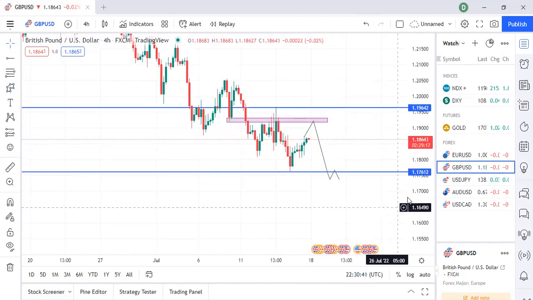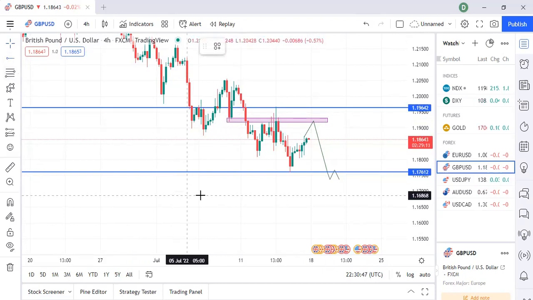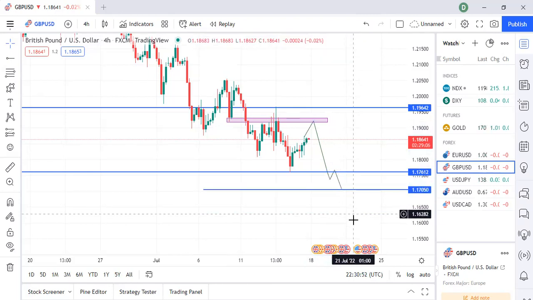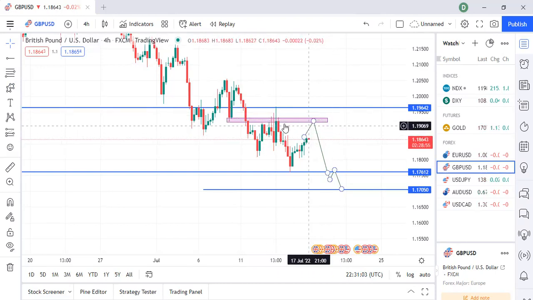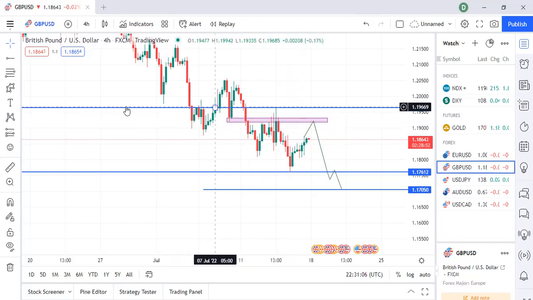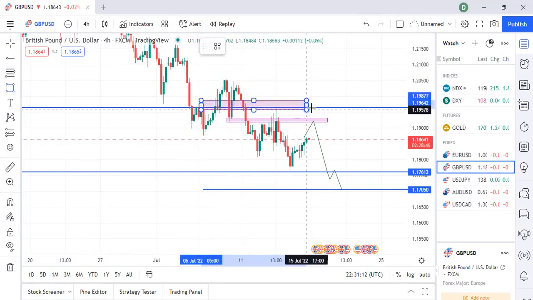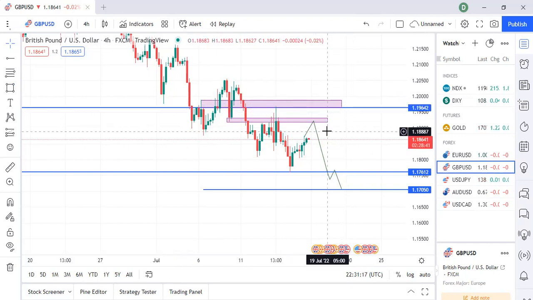So on GU, I'll be looking at 1.17 as my final target. That's what I'll be looking at. Between today, tomorrow, and Wednesday, I'm expecting GU to come here. Now, GU might decide to go extreme. That is also still within range. So if GU decides to come somewhere here, I'll still look out for confirmation and I'll take my sell. So my bias is still sell on GU.